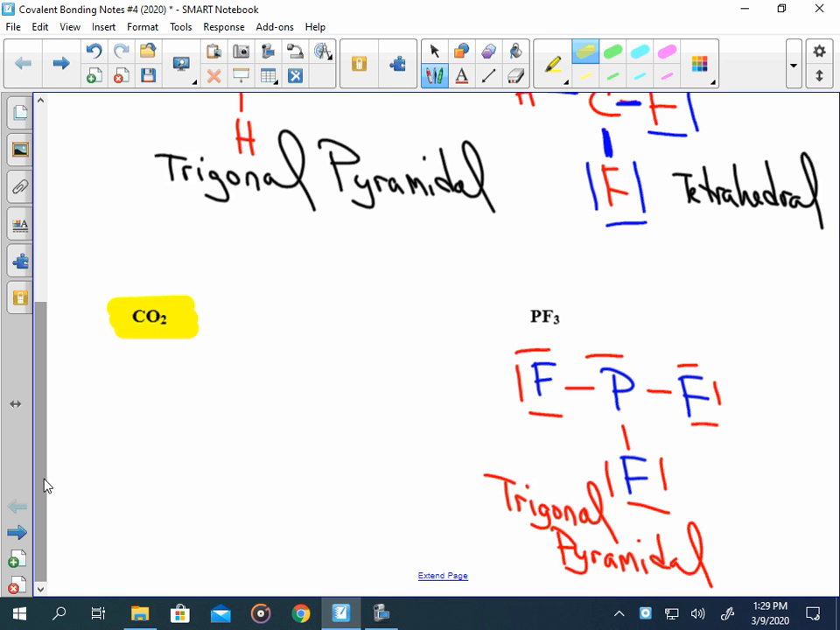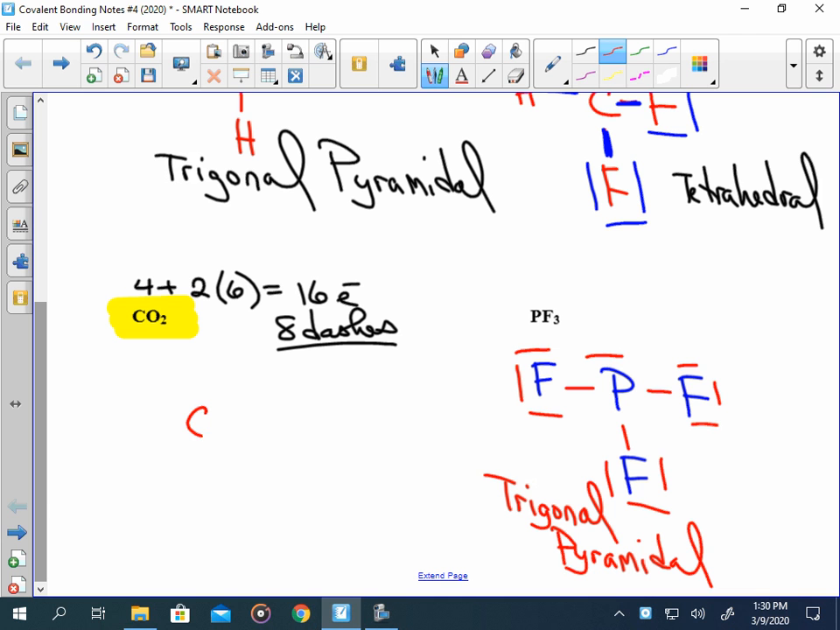What I want to do is talk a little bit about CO2 and relive the moment when people are making their Lewis structures. If we do this, we say carbon brings 4, and each oxygen brings 6. That's 12 plus 4, that would be 16 electrons. That's 8 dashes to you and me. 8 dashes. Now, as I look at this, I think let's put carbon in the middle, oxygen, oxygen, and I'm going to just